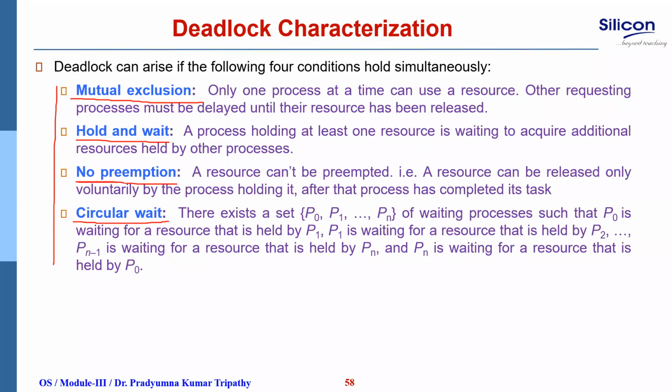The third one is no preemption. What is no preemption? A resource cannot be preempted. In a situation where the resource cannot be preempted, it may lead to deadlock. Like in the first example of the cars, if any of the cars can go back, then the deadlock could have been resolved. Or the two students are standing in front of the library waiting for each other. If the librarian comes and snatches the book from one and says that you deposit it over here, then you request, then the deadlock could have been broken, because somebody is forcibly